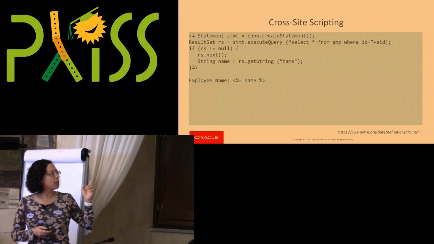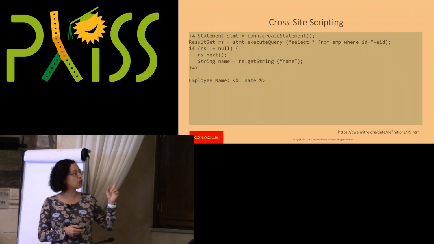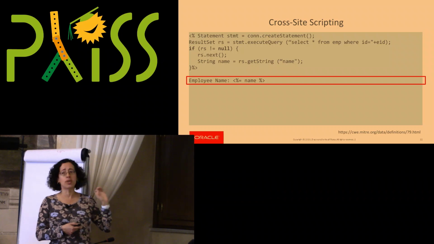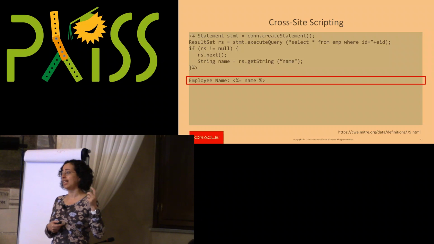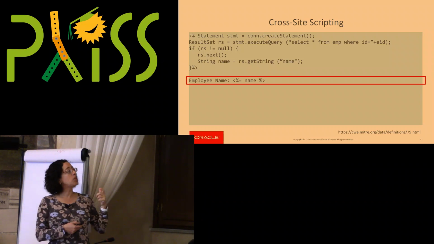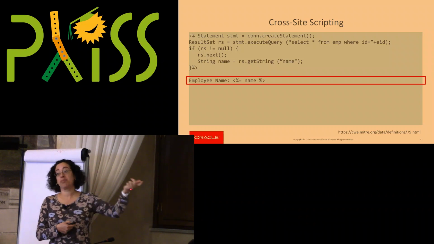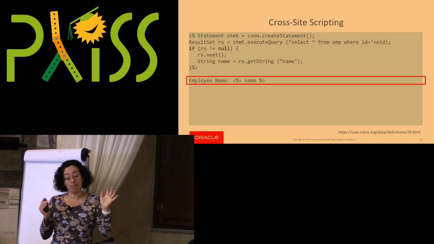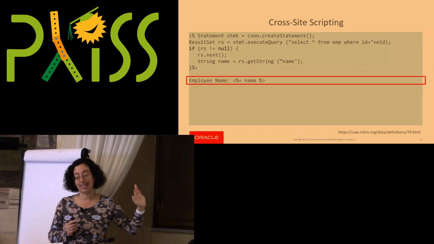Right, yeah. So in this case, the issue has to do with the actual name that was stored, right? If this name was stored in such a way that it was not sanitized or checked, then when we retrieve it, we're just going to display that string. And effectively, if that string contains something bad, well, we're just going to go ahead and display it, right?